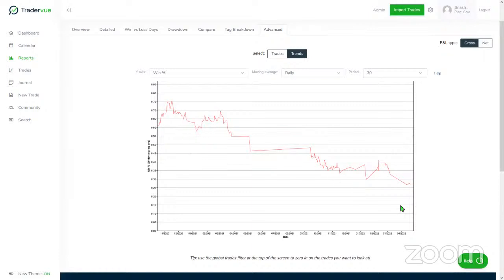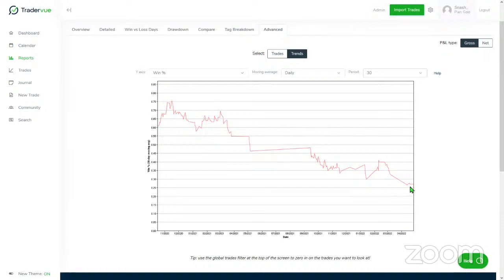For example, in this case, you can see that this sample of trades on this account was having a 75 winning percentage at some point, but throughout time it's been declining. So this gives you an idea at a quick glance that you're having less winning percentage, and that could be an indicator or a red flag for your strategy or your trading performance overall,